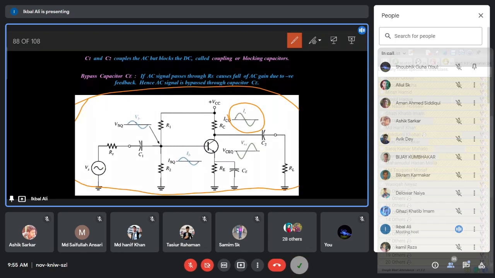Then after these class A amplifiers, that means the small signal amplifiers, at the output of these amplifiers you will get a signal which is larger, but the signal is not distorted. The signal is a little bit amplified by these class A small signal amplifiers. These small signal class A amplifiers have a very small gain, so they will amplify the signal without distorting the signal shape.